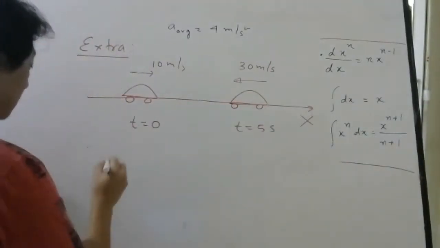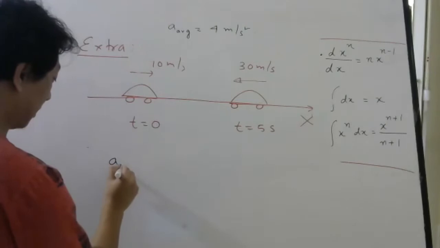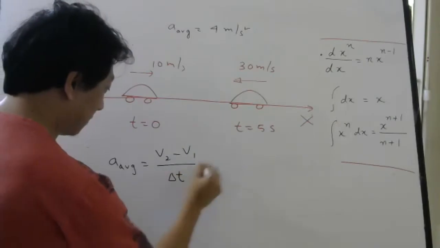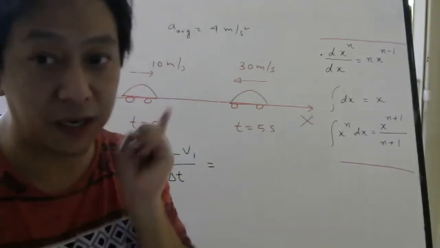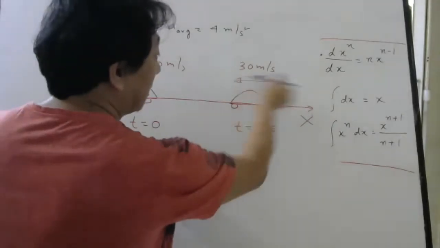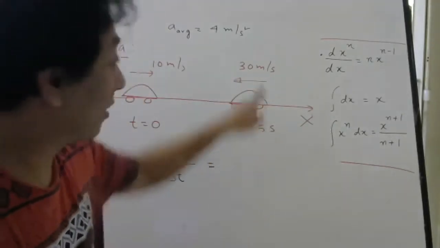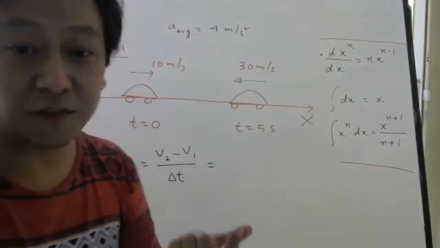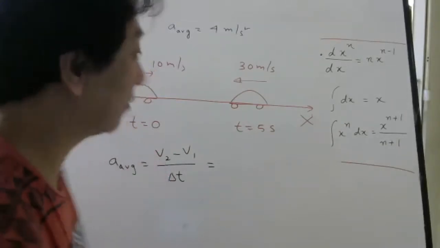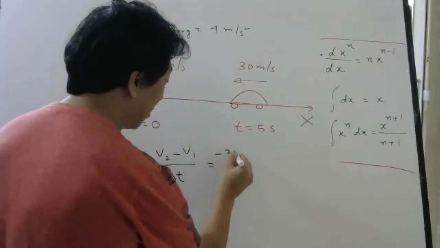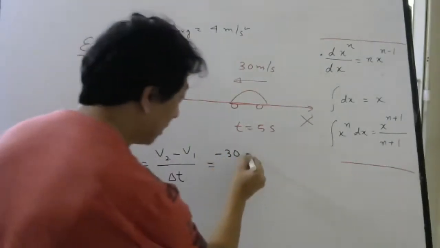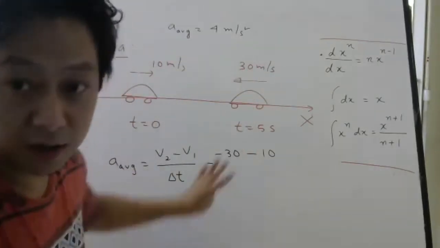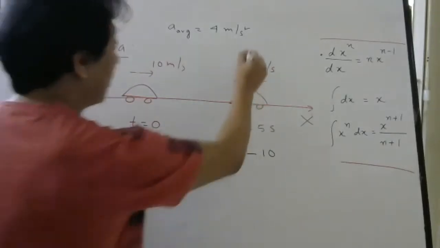Now, when I write the formula for average acceleration without vectors: V2 minus V1 by time taken. When I substitute, I have to be careful. Final velocity magnitude is 30, but it is on this side, so you cannot take both of them positive. So this one you have to write as minus 30, and this minus in the formula stays. And this velocity I write as plus. So basically, in this substitution, I have taken this side positive.